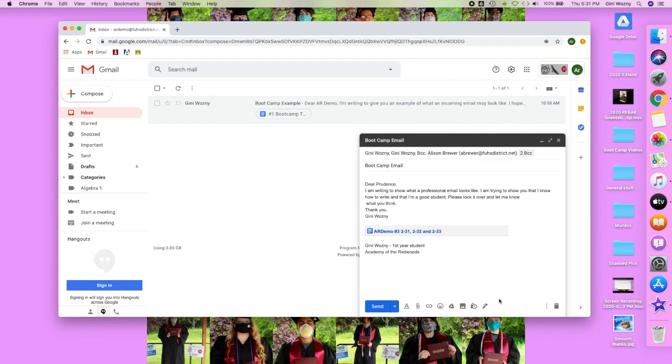Once you're done, take a screenshot of this email, your finished project, and then paste it in the assignment